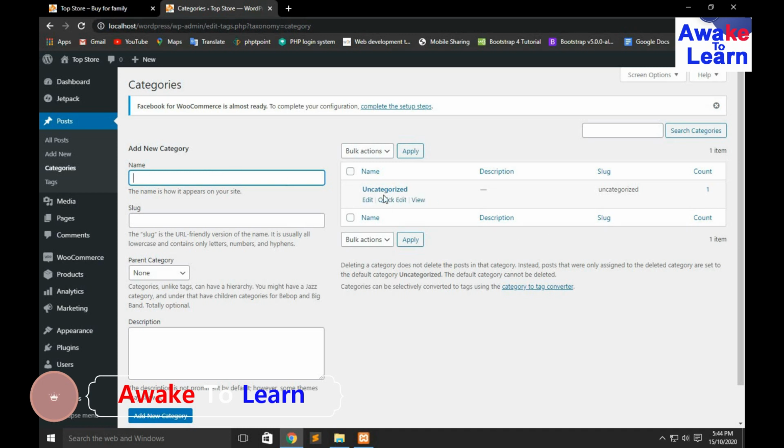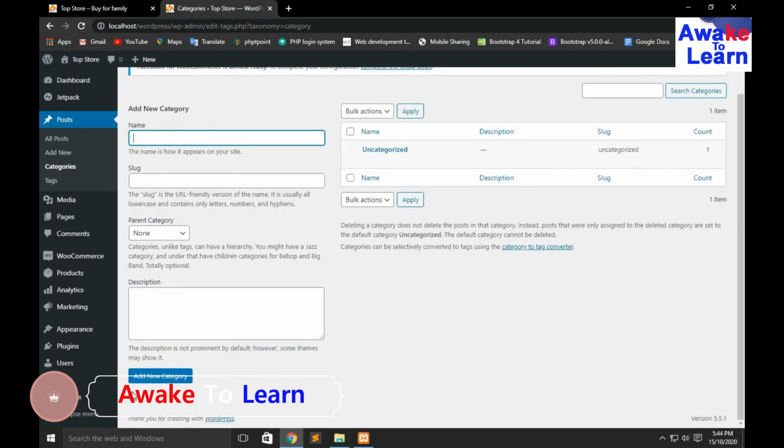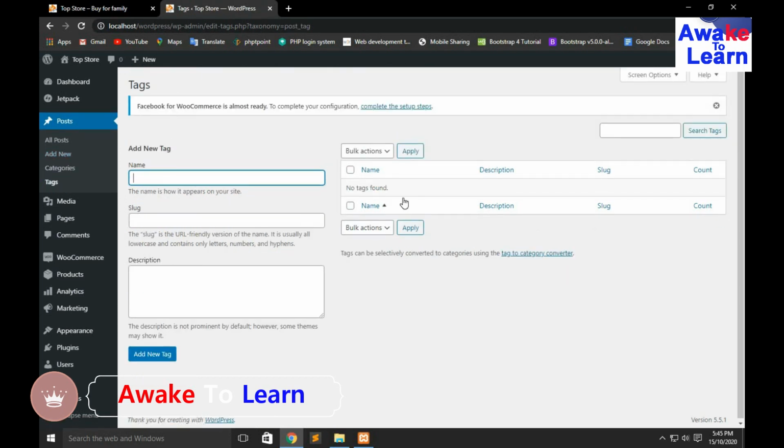Here we have all categories. We have just one category now and we can create other categories from here. The category name and the slug. The slug is the URL of the category, and this is the tag. We do not have any tag, so we can create tags here.